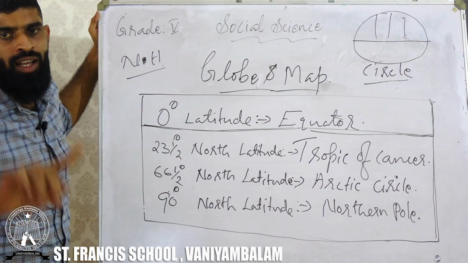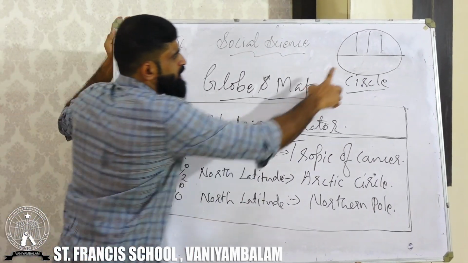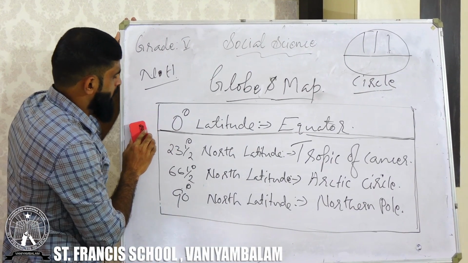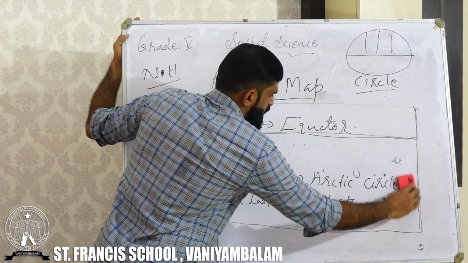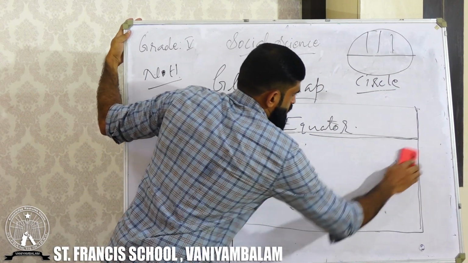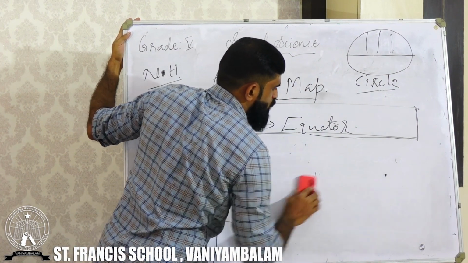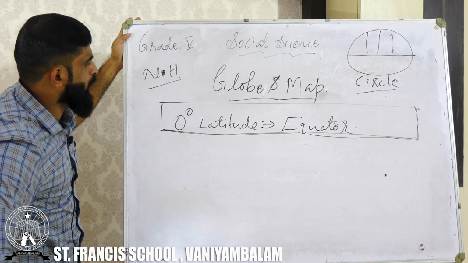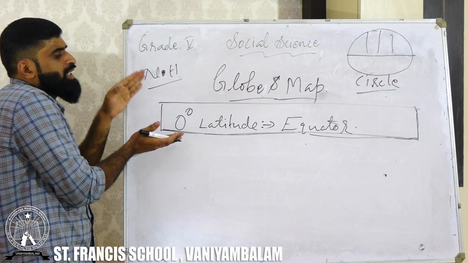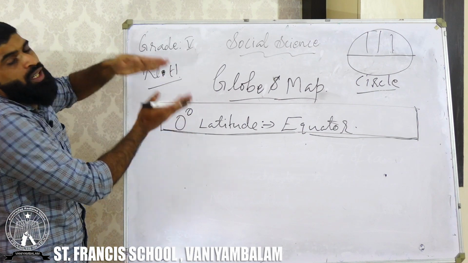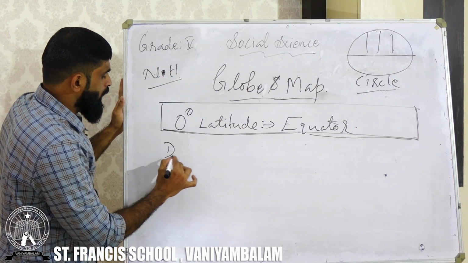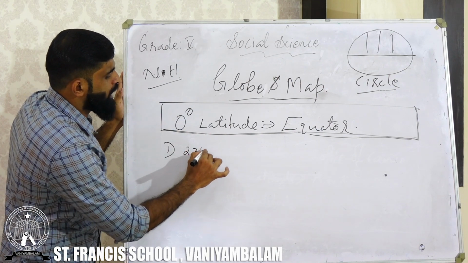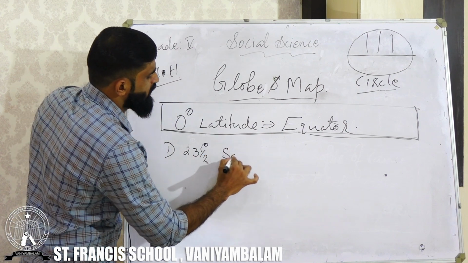Now we are going to the other side, which is this one. Look at this. This is the Southern Hemisphere. Let us go to the next. Southern Hemisphere, which are the important latitudes? Take a look at this. Here the Southern Hemisphere also starts from 0 degree latitude. The first and important one under Southern Hemisphere is 23.5 degree southern